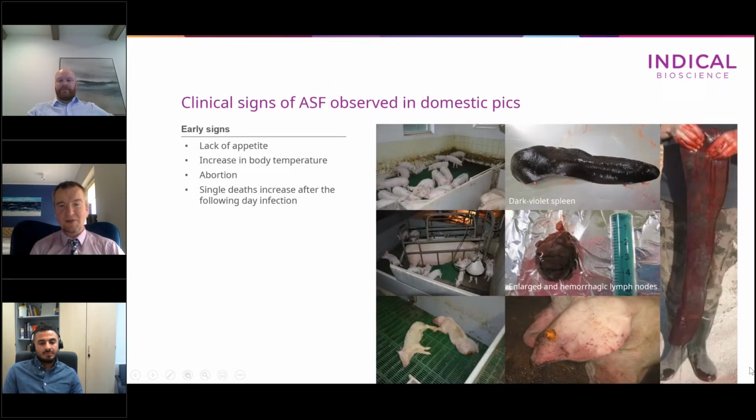And regarding the surveillance and also vigilance and observation of clinical signs by veterinarians supervising pig farms, but also by farmers, should be focused on signs and symptoms like lack of appetite, elevated body temperature from 41 to 42 degrees centigrade, the same abortion, and some farmers may also observe single death increase in different groups of pigs, especially in sows, in fatteners at the